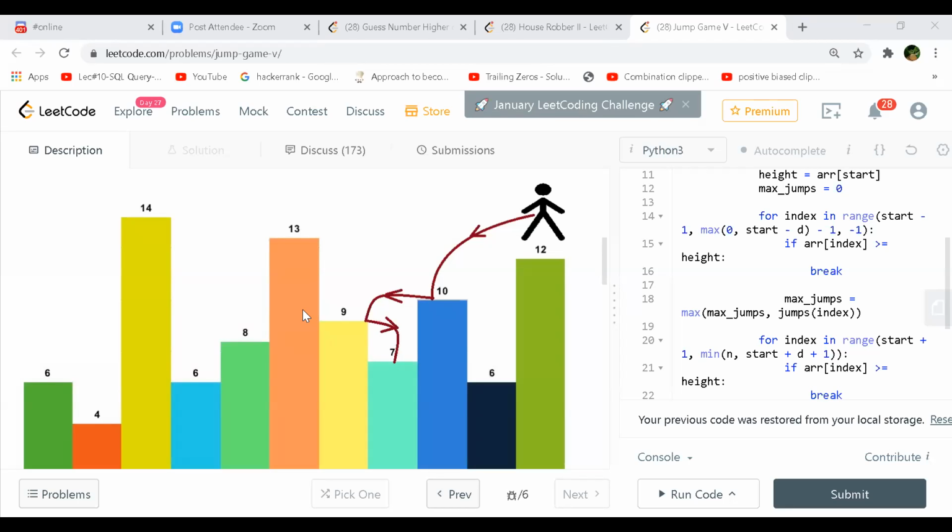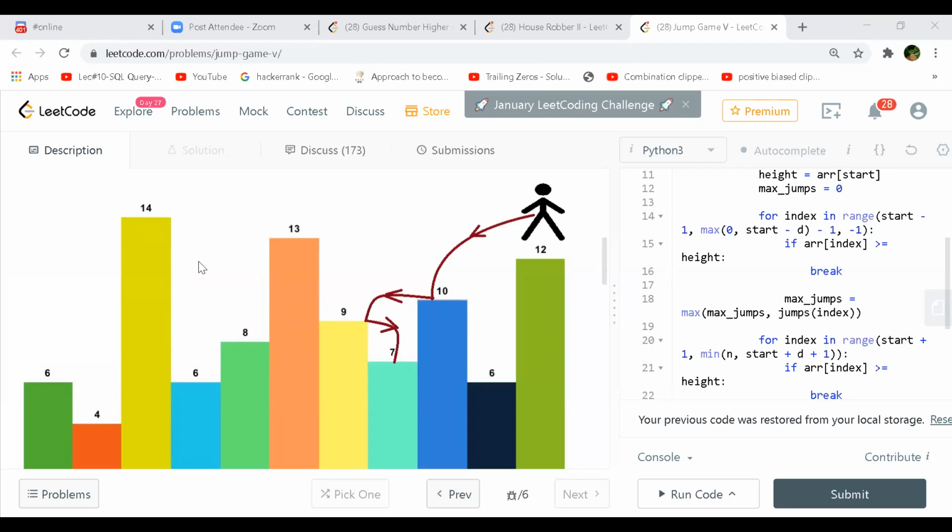Looking at how it's jumping, from 12 he can jump to 10 because d is 2; the green and blue rectangles are two apart, so that is allowable. When he jumps from 10 to 9, the yellow rectangle is at least 4 apart from the green. So the d restriction applies to the place where you start jumping.